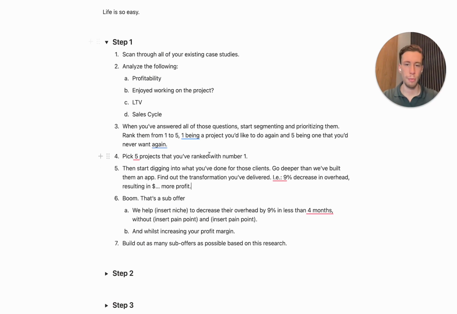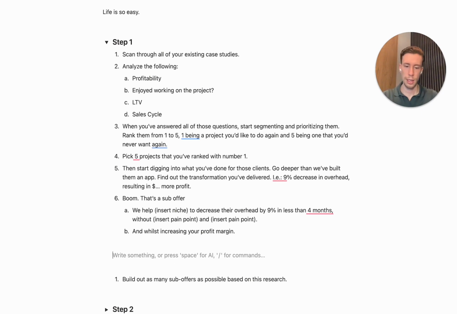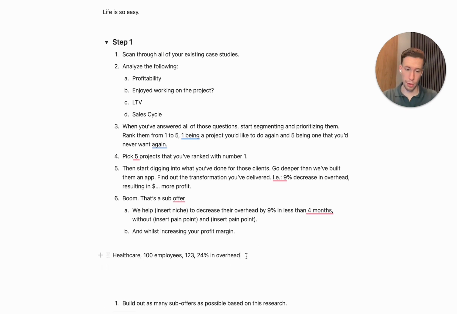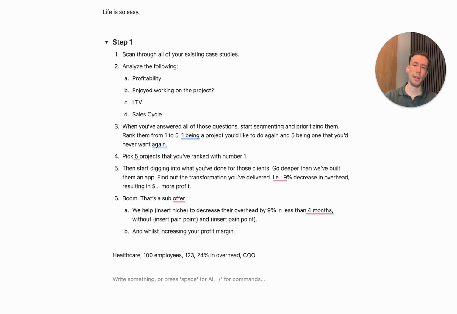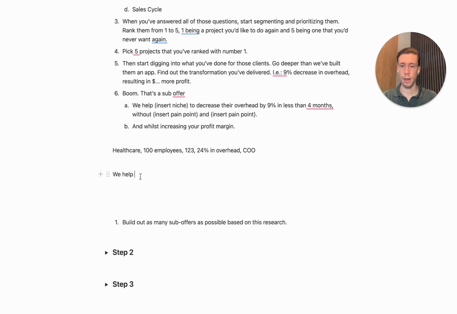So what that means is that you've picked 5 projects. That could, for example, mean that we start creating a sub-offer like this. Let's say it's in healthcare, like I said, and the company has 100 employees. You've solved pain point 1, 2, 3, and it enabled them to save 24% in overhead. Your main point of contact was a COO, for example. What you then start to do is, we could turn this into a script immediately, but that comes later. But we help healthcare companies, and it's even better to go more specific than this. So there's a sub niche in healthcare,